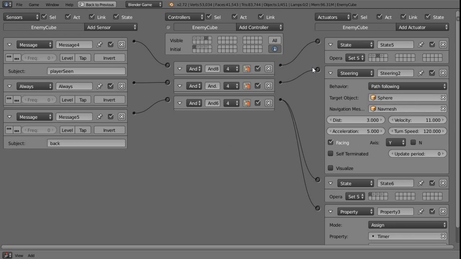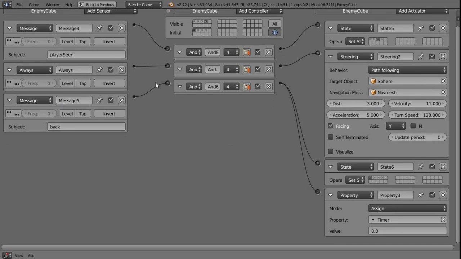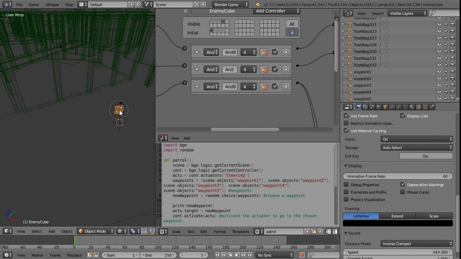It's actually steering and finding the sphere at that point, but if it receives a message called back, it's just going to go back to the first state again, which is like saying, well, I've not been able to find the player again after a set amount of time, so just forget it, just go back to roaming around the level, which is found on the first state, and also we're going to reset the timer to 0 as well. So that pretty much covers the states of the enemy, but that's not entirely complete without understanding